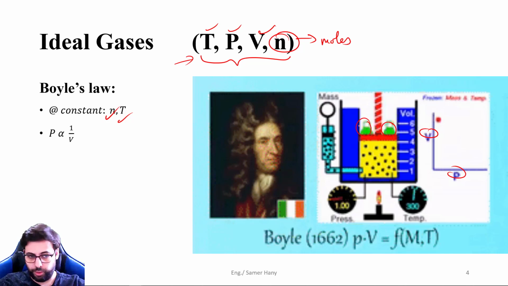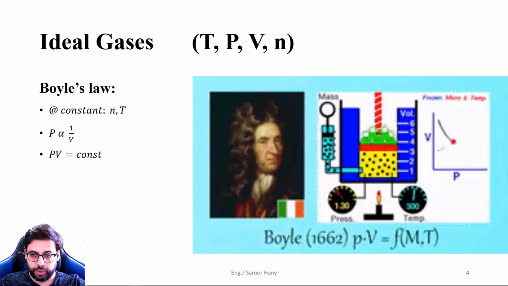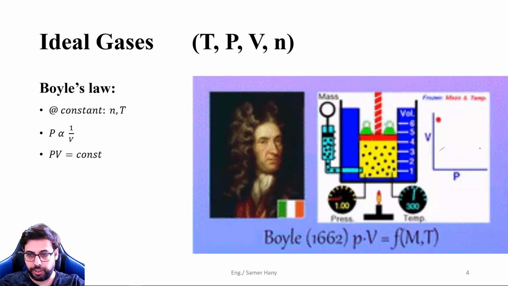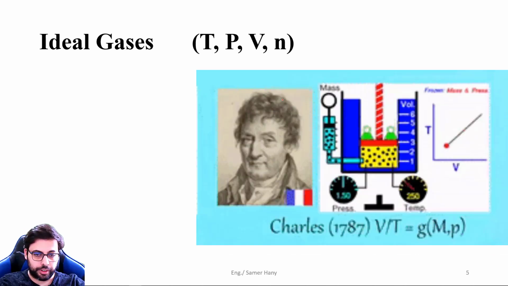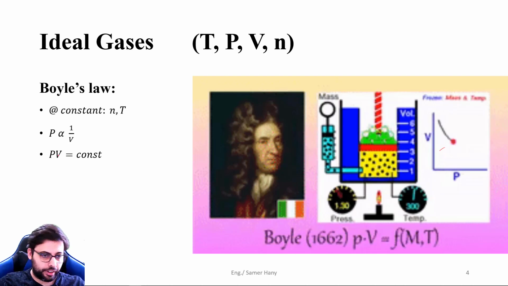If we release or remove some pressure from the piston, then the volume expands. And this can actually be shown in this animation. The more we add some weight, the less the volume becomes, and vice versa. So the final relation we can get from here is that the pressure is inversely proportional to the volume, and the pressure times the volume is a constant, and this constant is actually